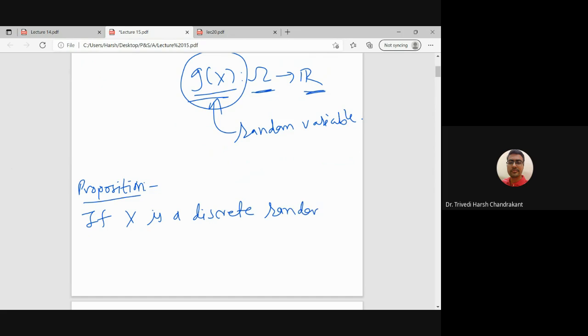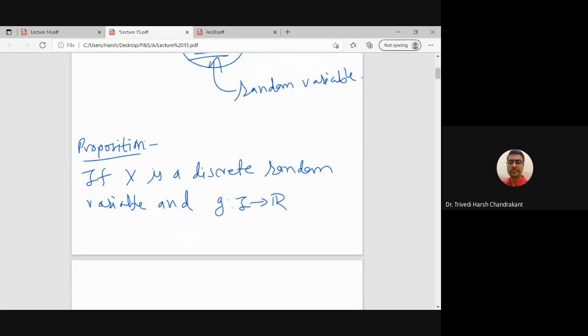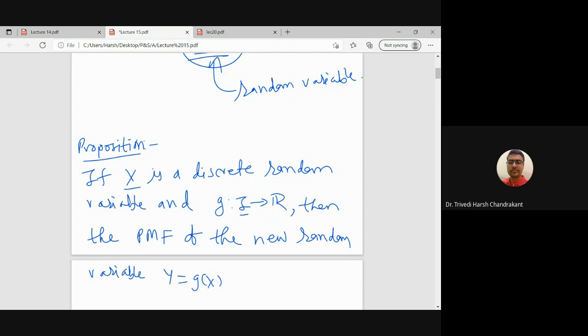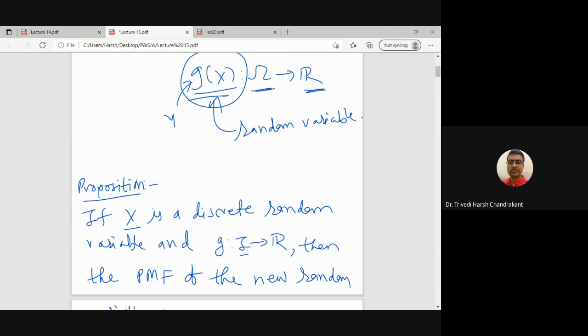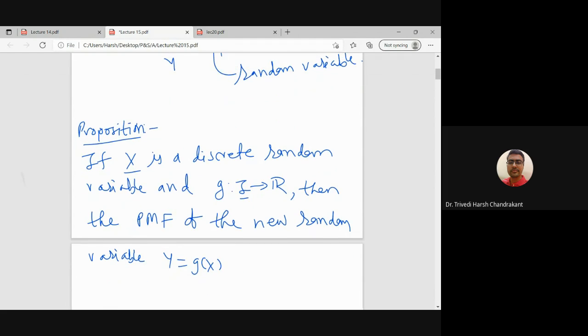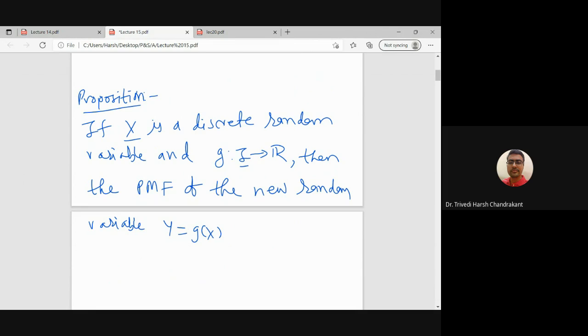and we have a function g from some interval to R, and this interval contains the range of X, so therefore we can do the composite function. Then the probability mass function of the new random variable Y, which is basically g of X. So this is a new random variable which we are calling Y. So Y is a function from omega to R. This new random variable has a PMF,